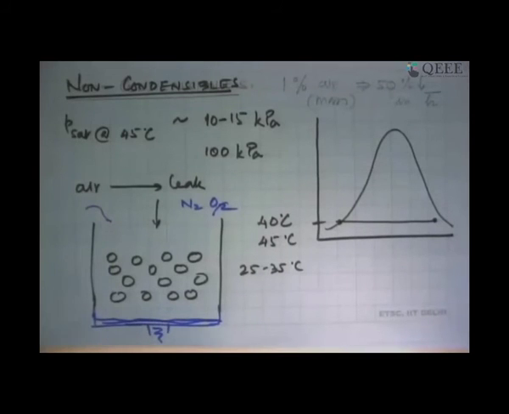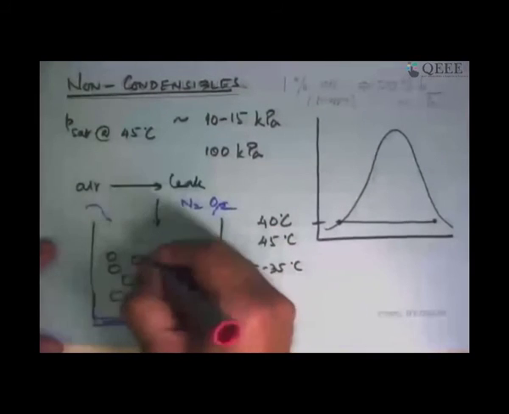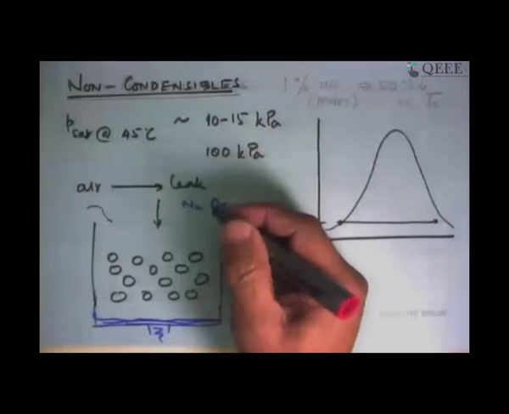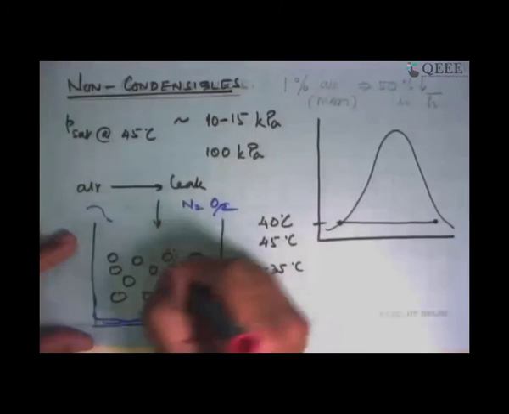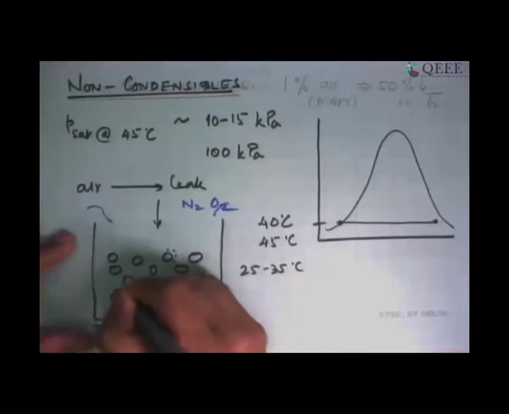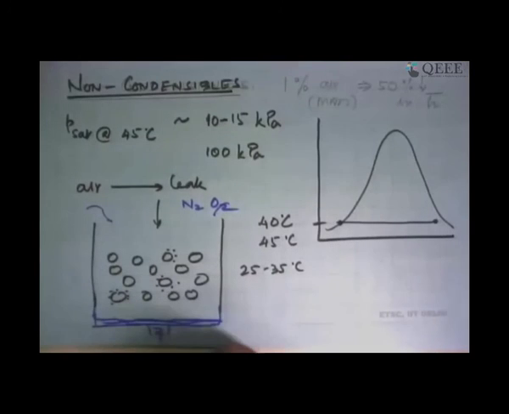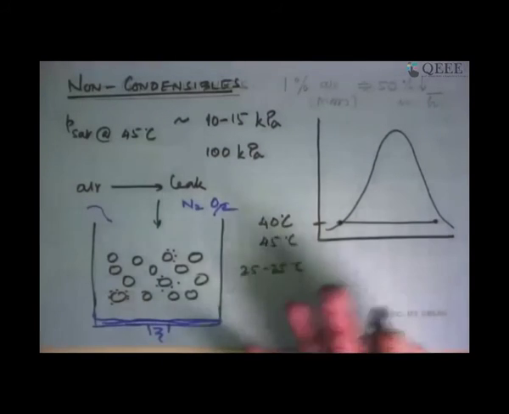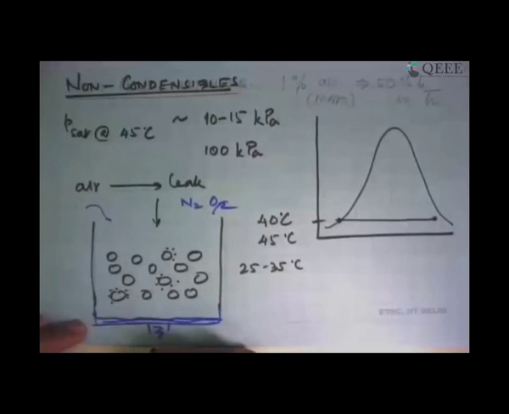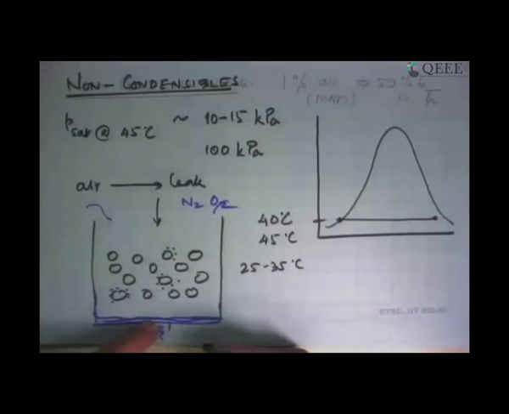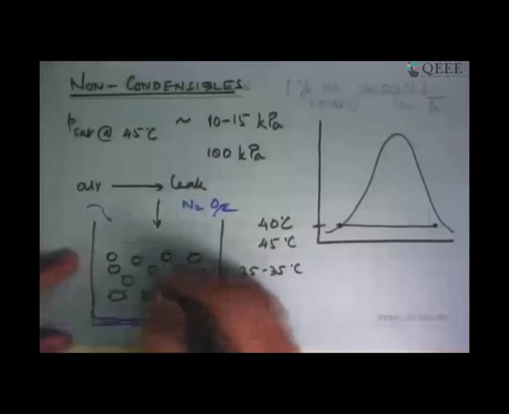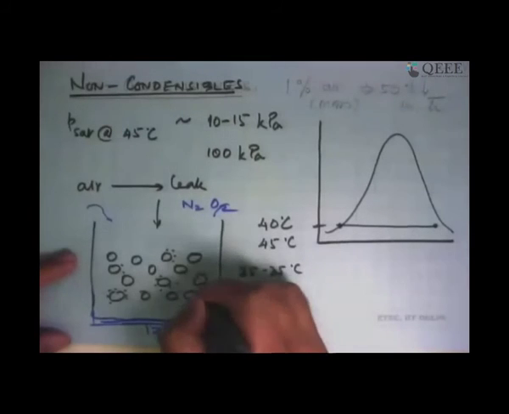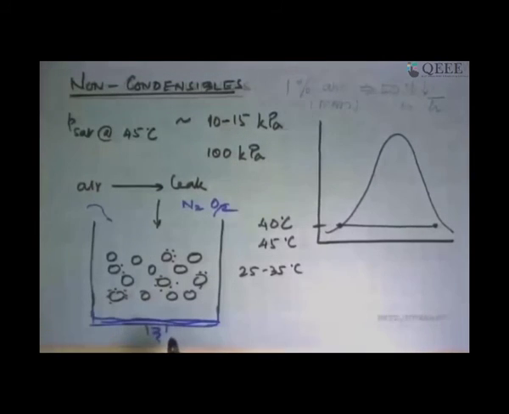What happens here is that as this vapor comes and starts condensing on this, it carries with it the nitrogen and oxygen also, and they will come and start sitting around the tubes. They have no other place to go because they cannot go through the water here. Some of it, yes, will get dissolved in this water and go, but that's a very small amount, and that's not good for the boiler anyway. That's a different problem. But you start getting accumulation of nitrogen and oxygen in this cylinder.